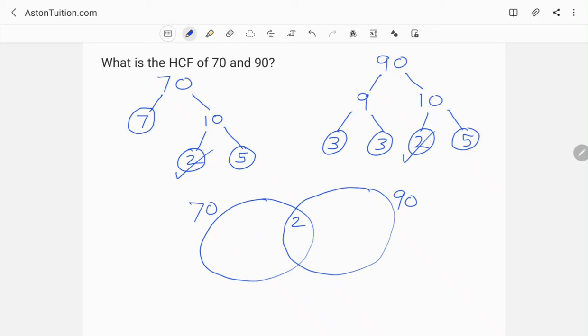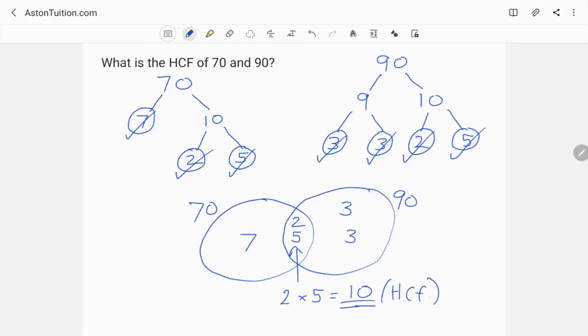middle. Then we have a 5 on the left and we have a 5 on the right, so we can just write a 5 in the middle. The 3 doesn't pair up with another 3, so 3 would just go on the 90 side, and the same for the other 3. And then on the left you have a 7, which is just on the left. So in order to get the highest common factor, you multiply the numbers in the middle. So 2 times 5. So the answer, highest common factor,